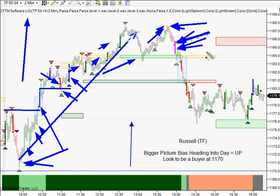Now, you'd certainly want to be nimble in that situation because, again, you're fighting the bigger picture bias. You're swimming against the current, if you will. So if you are going to take a short trade, and there's evidence that would be the right side of the market at the time, we call it being nimble, but you'd want it to go in your favor relatively quickly. You'd want to be pretty tight on the stop, and you'd want to manage that and be a little tighter with how you would get out of the trade. So the first sign of buying, like right in here, you may want to exit that trade. So you can see,